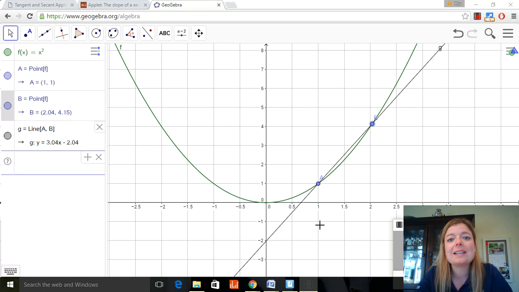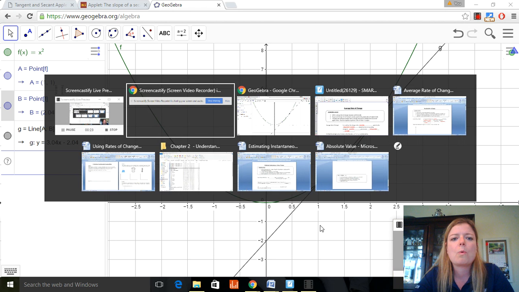Hi everybody, so today's note is about average rate of change. And this is the first lesson of this unit where we're going to get deeper into rates of change. And this is actually going to lay the groundwork for everything we learn in calculus for those of you who are taking it. So first I want you to just think about what average rate of change means to you,